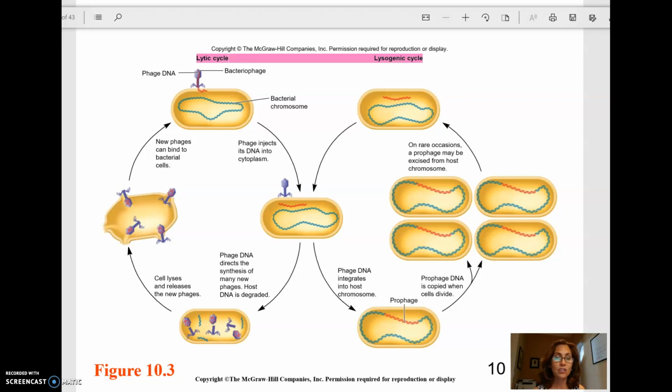So basically what's going on here is the phage's DNA is taking over. It's killing the host DNA, and it's using all the enzymes in the cell to do the job of making new viral particles. Then it finishes the job by causing the cell to lyse, to explode, releasing all these particles